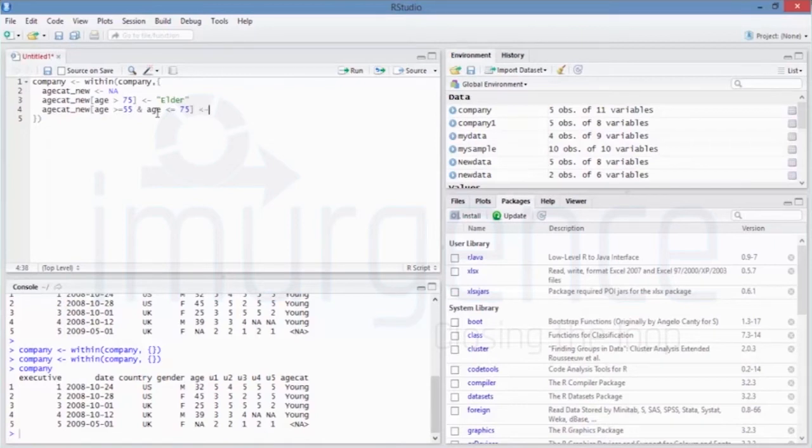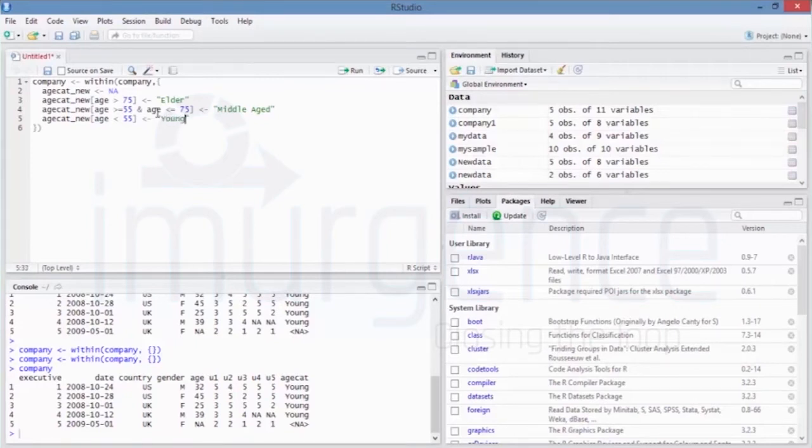Then we are saying that we are going to mark this as middle aged, right, age category new box bracket, age is less than 55, then we are going to finally mark this as young,